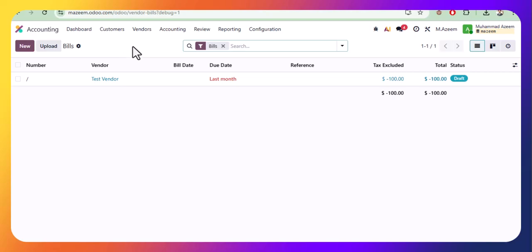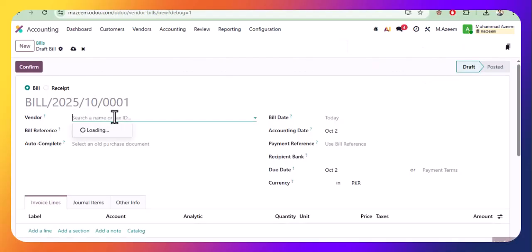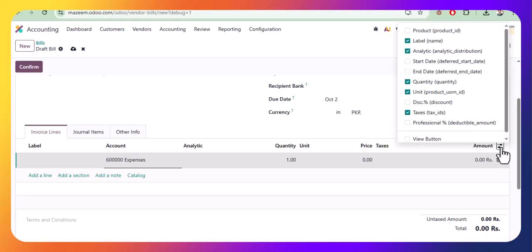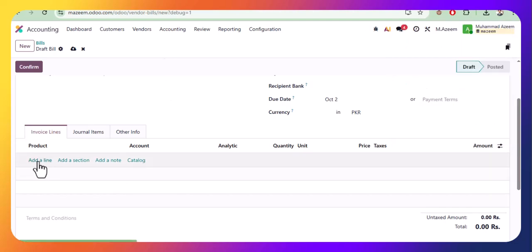First, when I purchase my asset, I need to create a bill, and if you cannot create a bill, you can also create assets directly. And now I am going to manage it through bills. Let me create a new one and select any vendor. I'm selecting test vendor, and here I can show the product and add line,